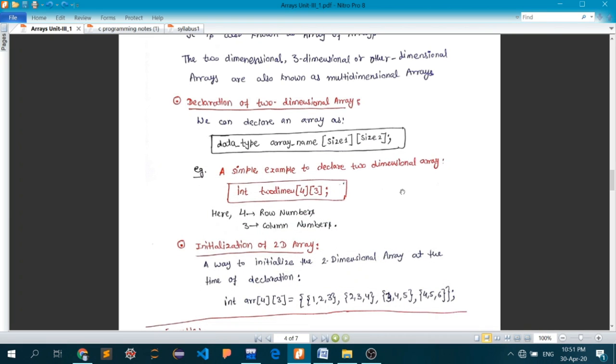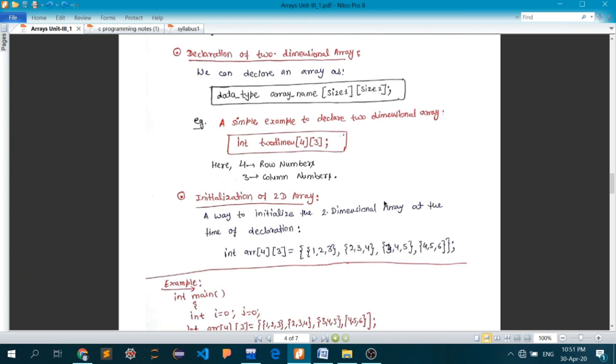Now that we have seen how we are going to declare an array, we can see how we are going to initialize it. There are two ways to initialize a two-dimensional array. The first is by hard coding the values, the actual data points, in the code itself.